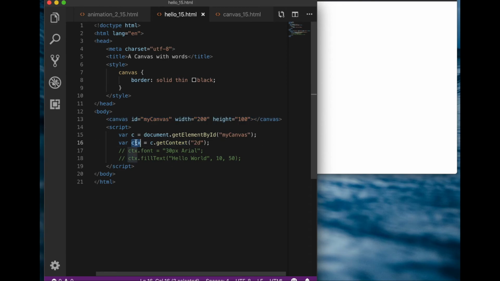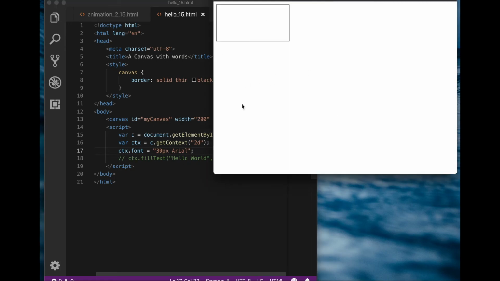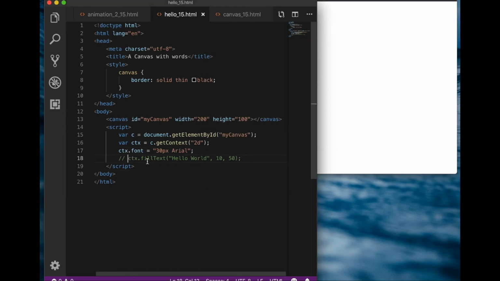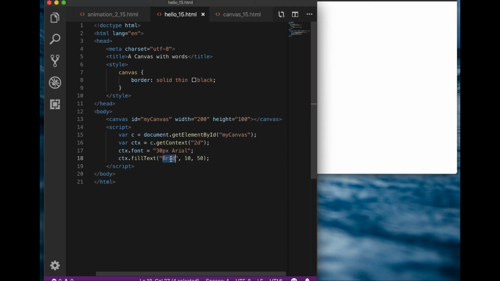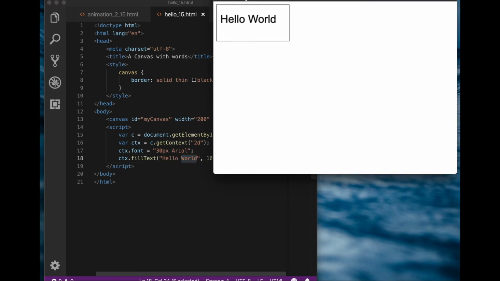And then we use this variable here. And we say ctx.font, 30 pixels Arial. And even at that point, nothing will appear yet. We need to actually fill the text. And this is the phrase, hello world. We can make it say whatever we want. And that is how you add text to the canvas